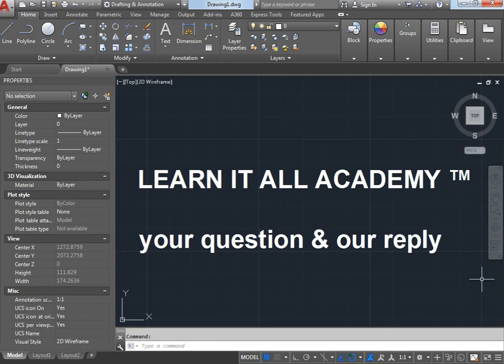What he asked is, when we draw in CAD, we usually see on-screen suggestions like specify first point. Also you can see the X and Y point locations just beside the cursor.